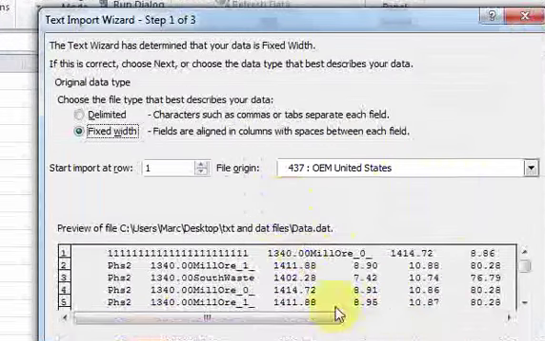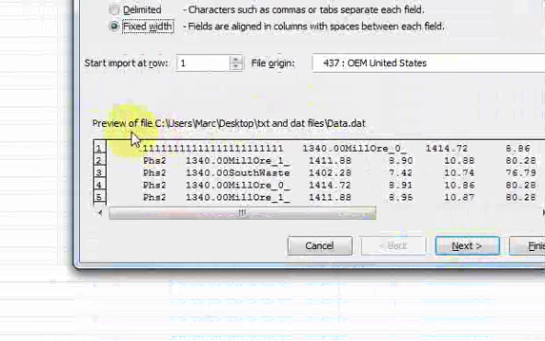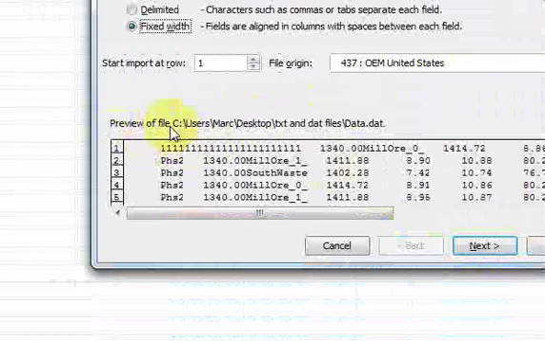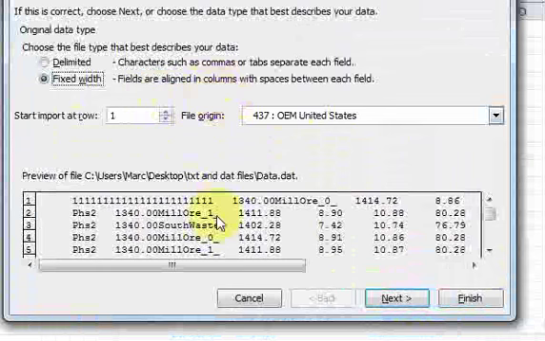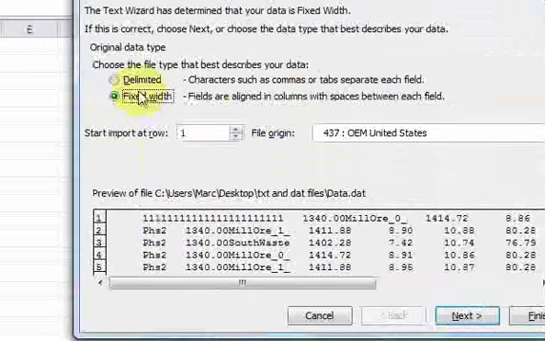With this, we can do some things. You can see that here down below is a preview of the data. It shows you the data in that dat file. It's exactly what is in that file. And it says,